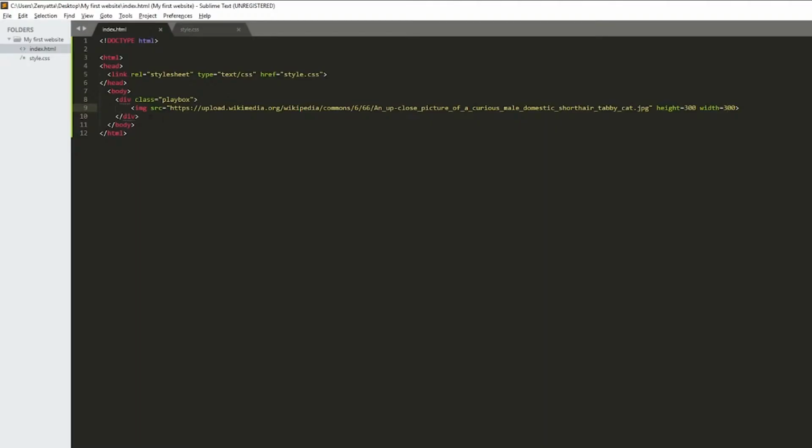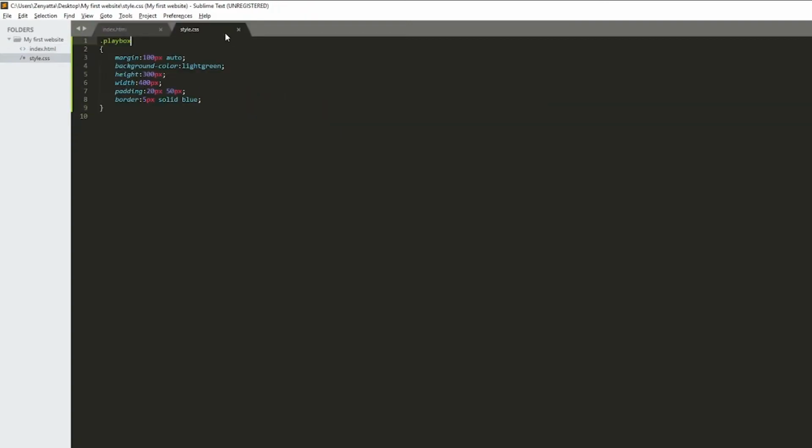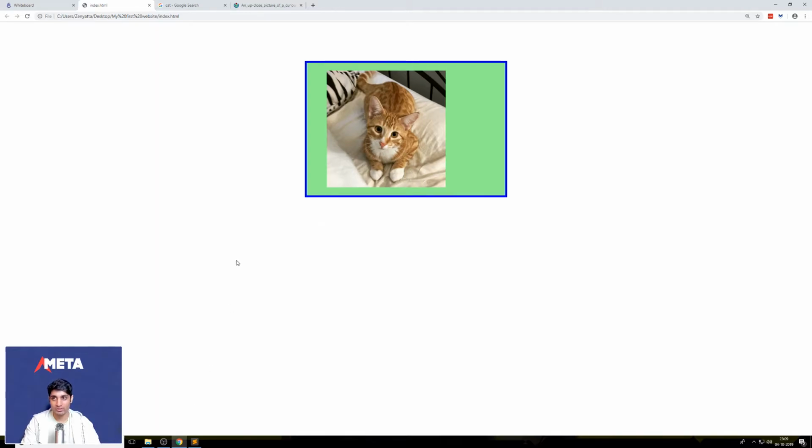Now let's center this cat, right? I want this cat to be centered. So we'll give this a class, class equal to centered, right? And now you're going to see me do something interesting. I've created this standard class that I'm going to use called centered, and I'm just going to say margin 0 auto. Right? This just centers everything, right? So whenever I want to use a centering function, instead of creating styles for it all over again, I've just made this basic thing called centered. And now if you refresh this,